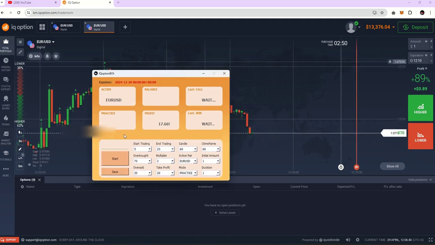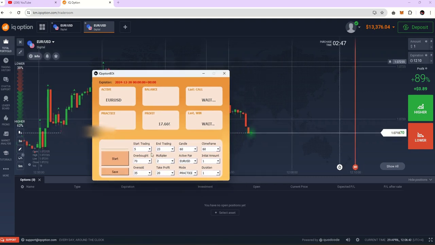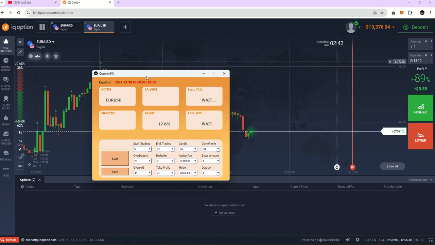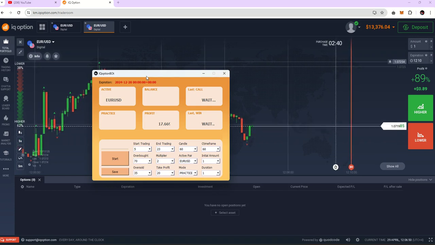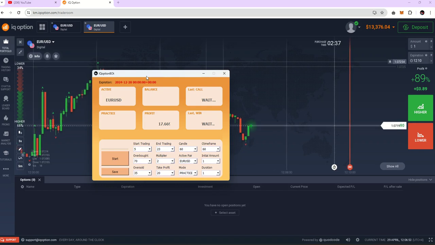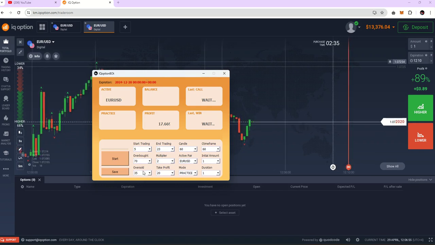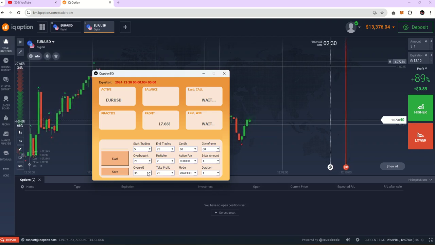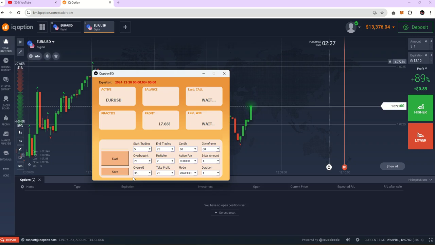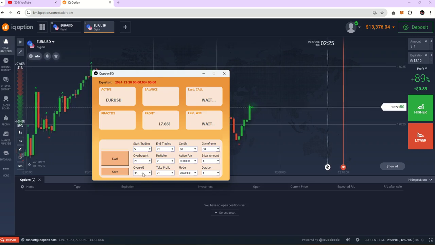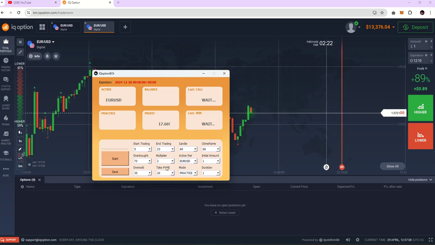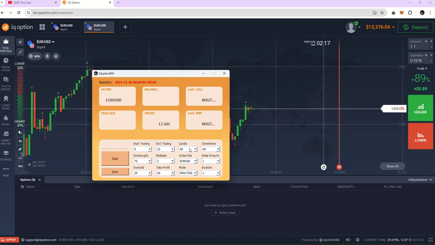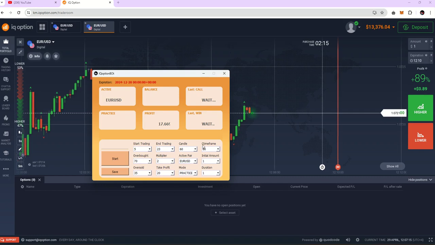So from here, you have all the parameters already. By the way, the strategy being used in this application is RSI. So we have the overbought and oversold, and if it's overbought, this will open a sell trade, and if it's oversold, it will open a buy trade. So you have to set your take profit, and this one, do not touch this one. If you want to, you can.